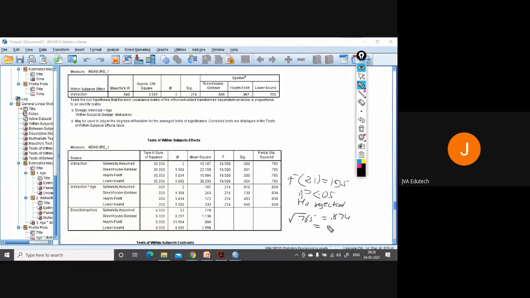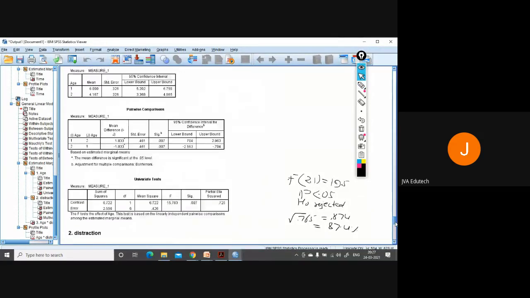So you can see a very strong effect, 87.4%. Whatever experiment you have done on the population sample, you will get at least the same result on at least 87.4% of the population.